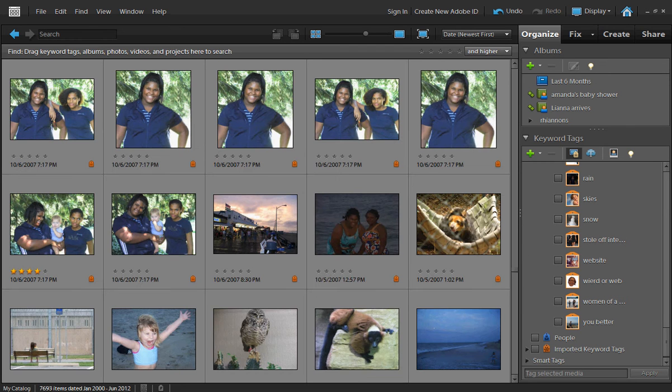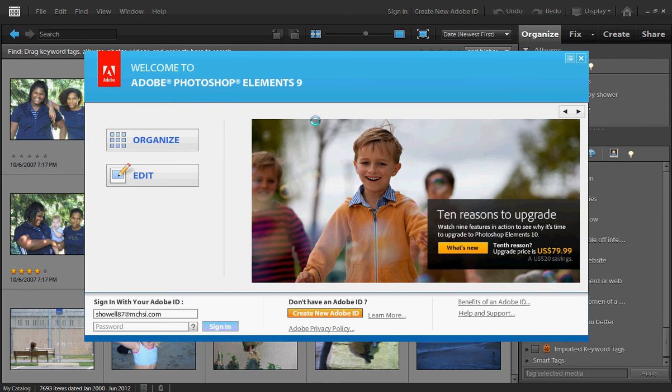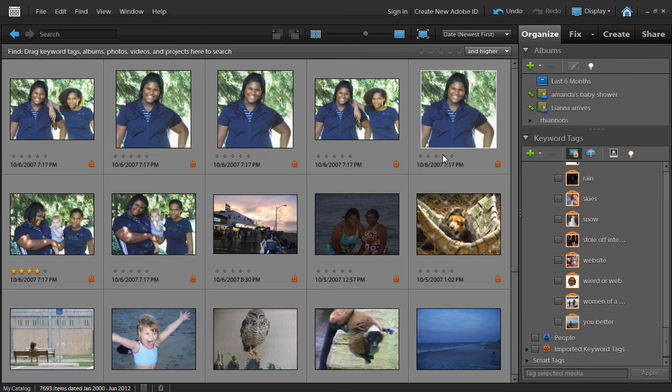When you first open up Photoshop Elements, you generally get this welcome screen, and you can set it up to either always go to the organizer or always go to the editor, or you can leave it where you get to pick each time. I've got mine set to go to my organizer because I generally use that when I'm